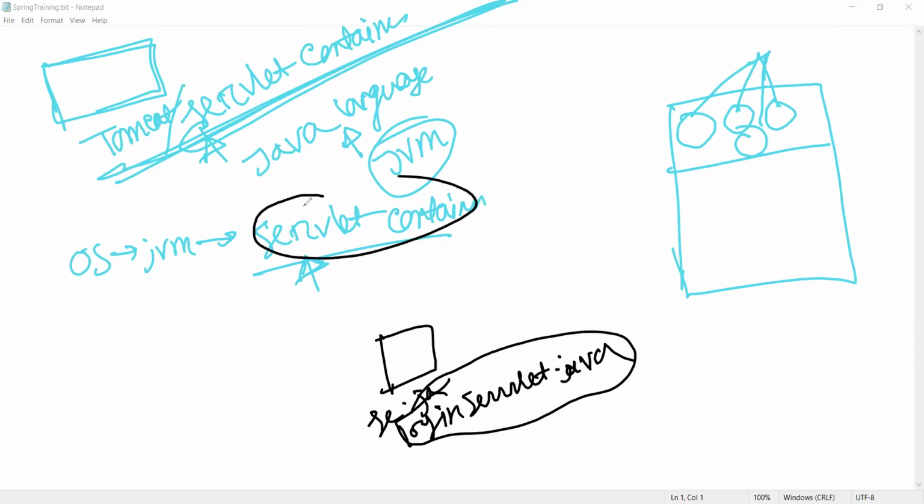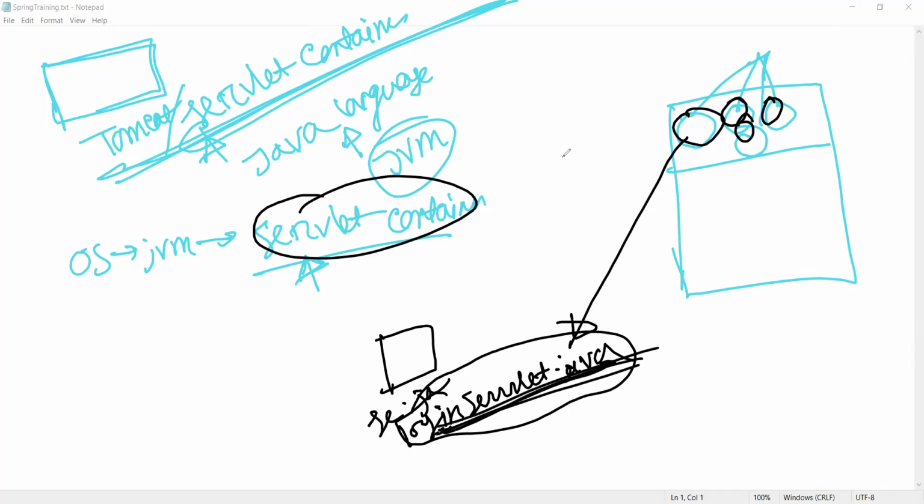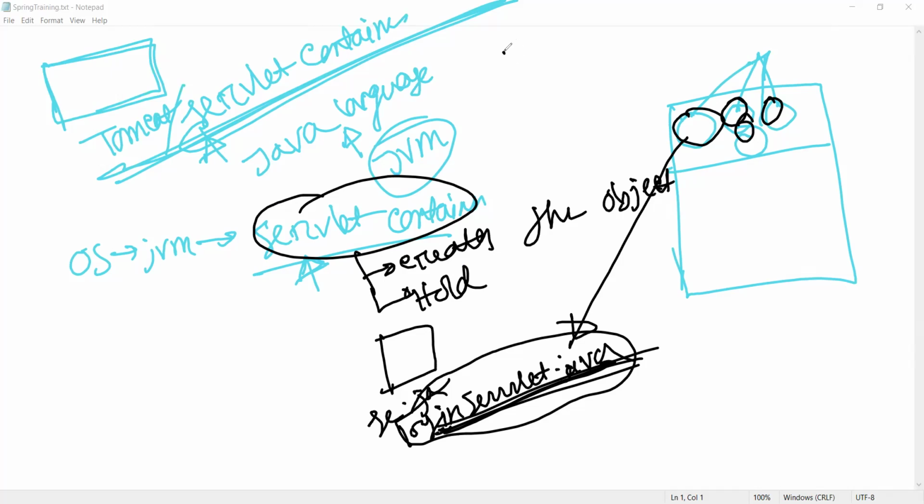This servlet container object will take care of, will manage our objects, right? The servlet container creates our object, then holds the reference. Holding a reference is quite common, a core Java concept.